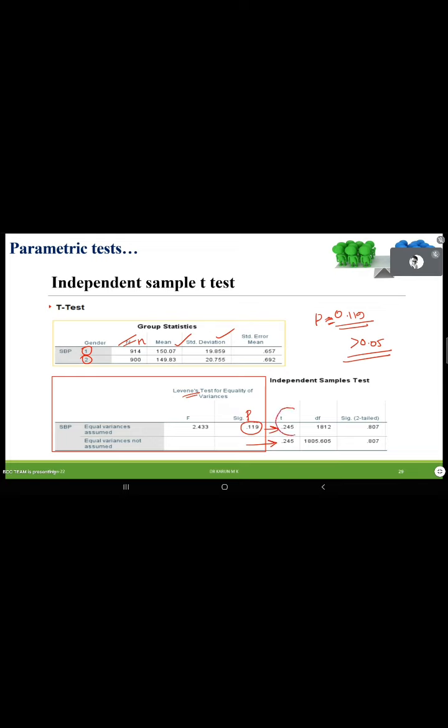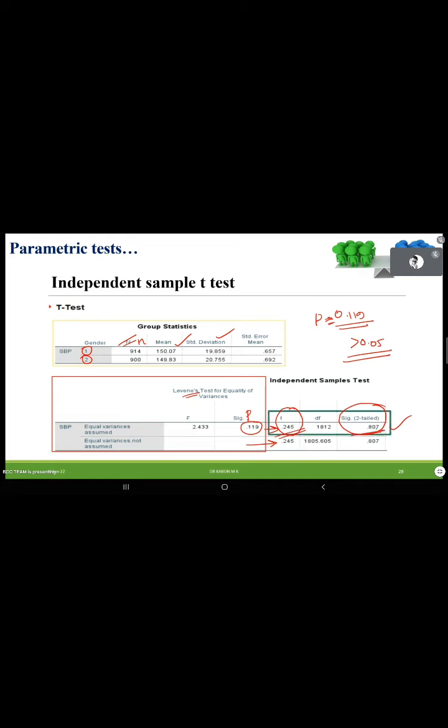So you should use this, this is the t value and this is the p value. Otherwise, no need to be too bothered about this Levene's test. You can select the first one. This is a higher level. If you want to check the second assumption, you can see whether the assumption is violated or not based on the p value of Levene's test, and you decide which row you should select. Both are independent sample t-test results only. One is based on whether the Levene's test assumption holds or is violated. So here you can see the t value and p value.